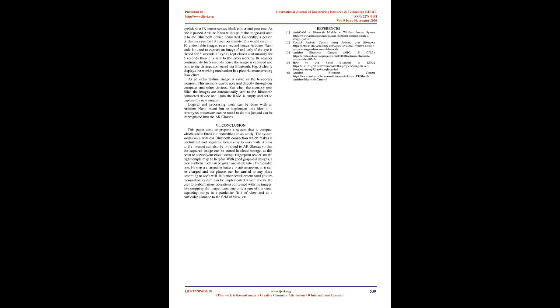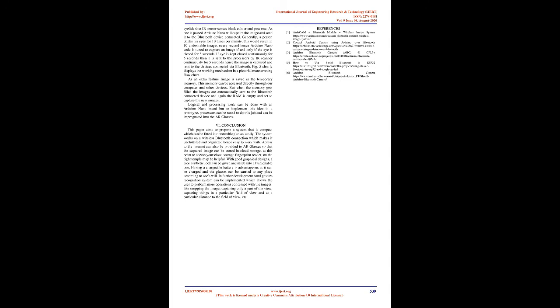IR sensor works based on the presence of obstacle in front of it. If any obstacle is present in front of IR sensor, it returns a 0, else gives 1. If an obstacle is present, its color is sensed to be white and absence of an obstacle is sensed to be black, i.e. if a white color is kept in front of the IR sensor it gives 0. If anything with black color is placed, then IR sensor will give it as a 1.